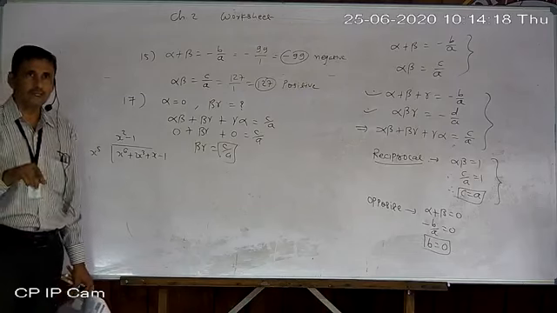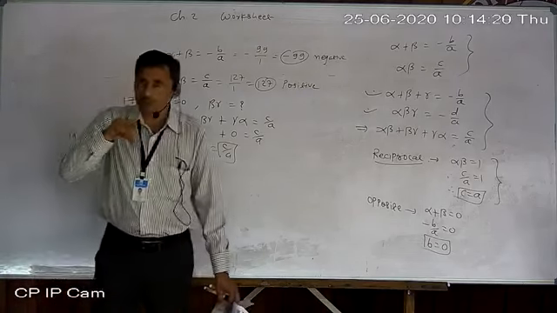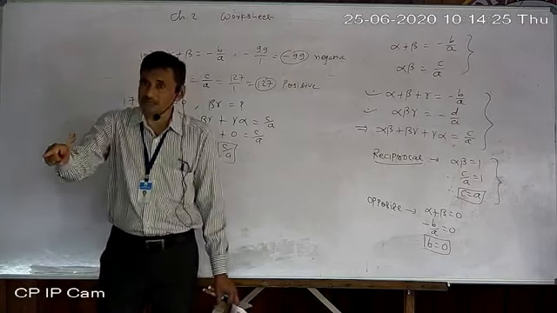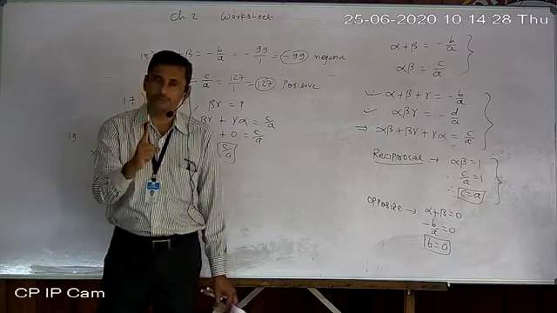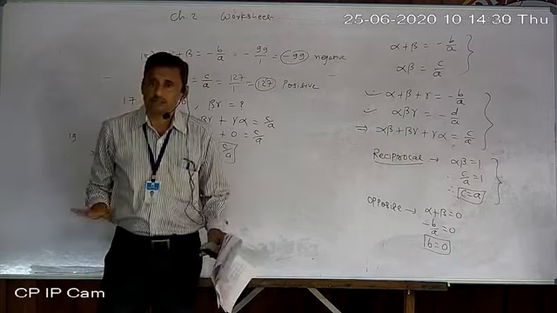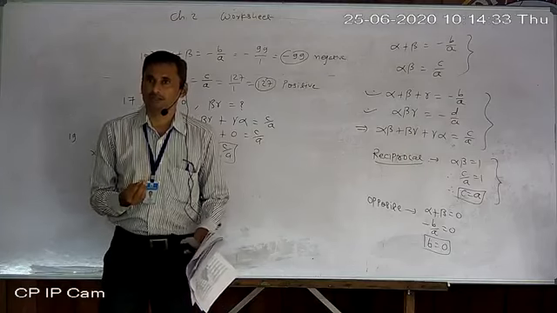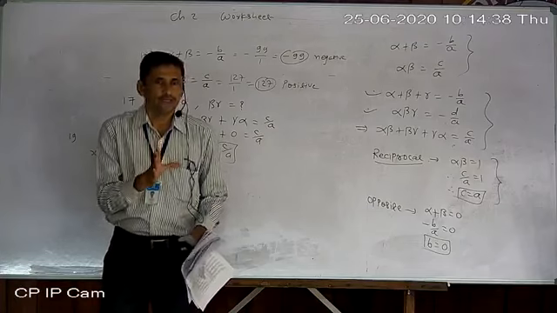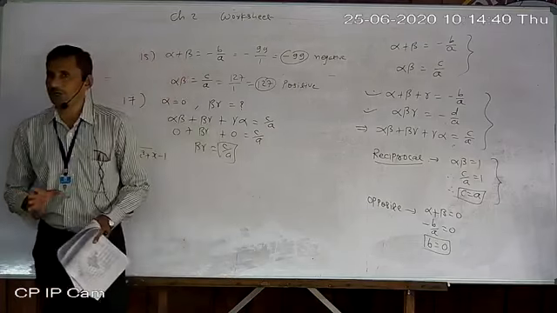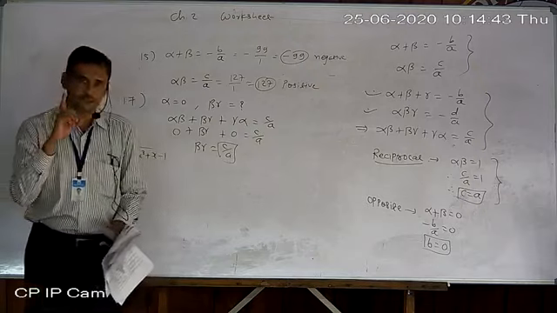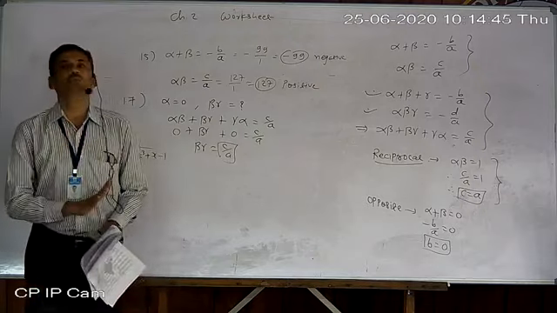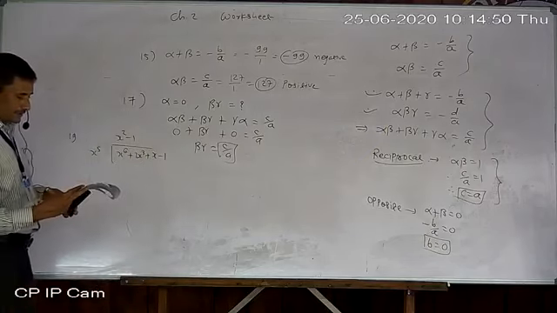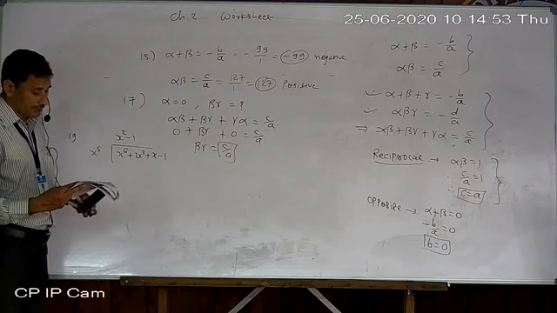Okay, so its graph of a quadratic polynomial intersects the x-axis either at 2 points, otherwise at 1 point, otherwise it does not intersect. So three possibilities are there. Not always intersecting in 2 points. Now they are telling that if it intersects at 1 point only, it cannot be a quadratic polynomial.